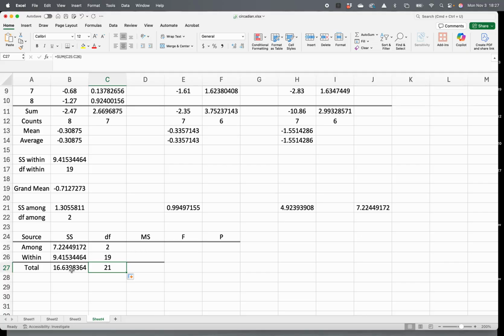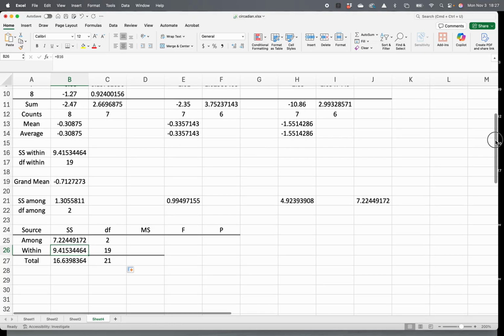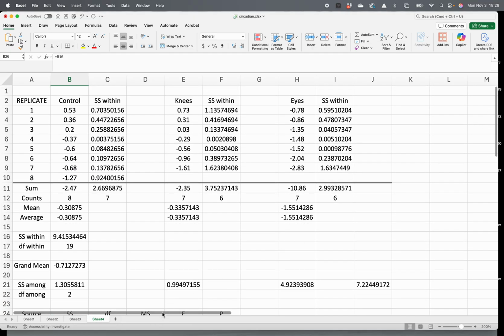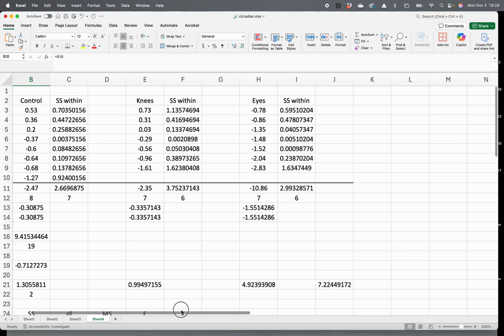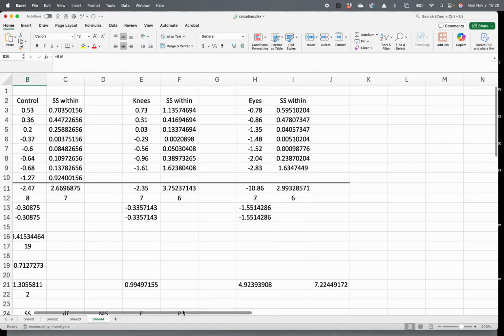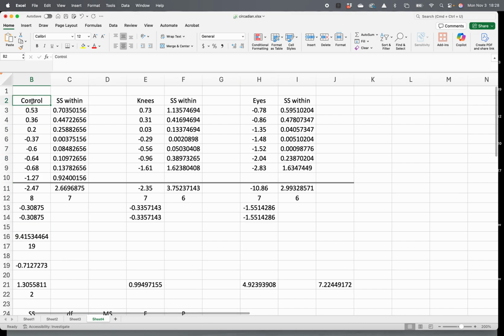The other check that you might want to do is to look at the total sums of squares and see if it matches what we would expect. Because in this case, we just added these two numbers together. But you can always go back and figure out the total sums of squares using the concept of total sums of squares, which is how much does the data as a whole vary from the grand mean. And so we can basically come over here and we can take these headings once again,